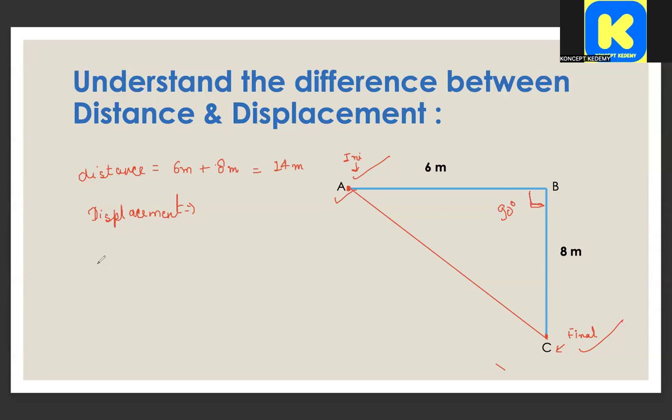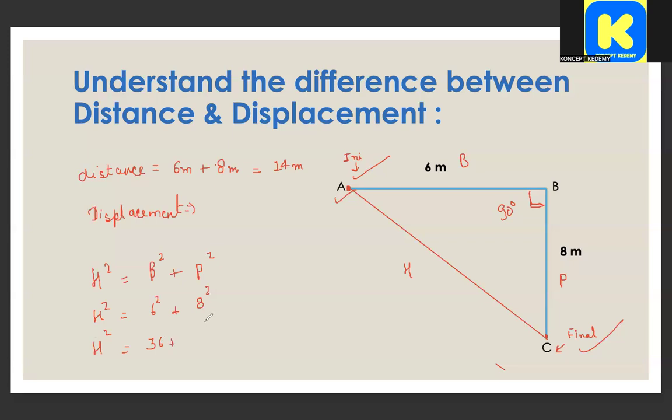Pythagoras theorem states that, I will say, this is the base, this is the perpendicular, and this is the hypotenuse. So Pythagoras theorem states that hypotenuse square is equal to base square plus perpendicular square. In place of hypotenuse we don't have anything, so we will write h only, h square. Base square is 6 square, plus perpendicular, which is 8, 8 square. So h square is equal to 6 square plus 8 square. What is the square of 6? 6 sixes are 36, and